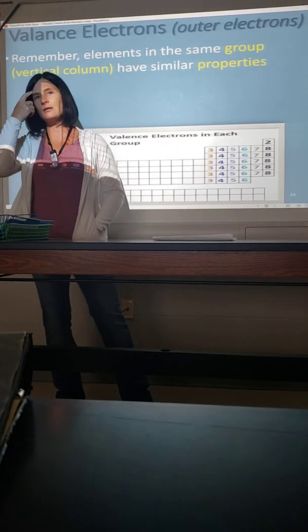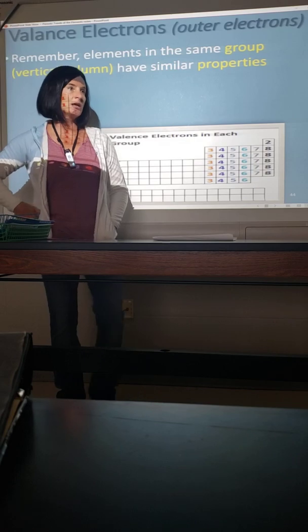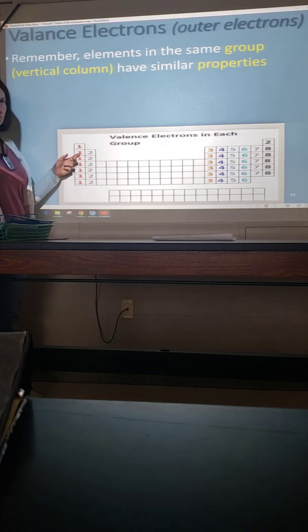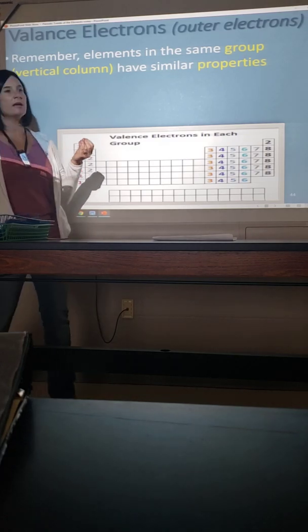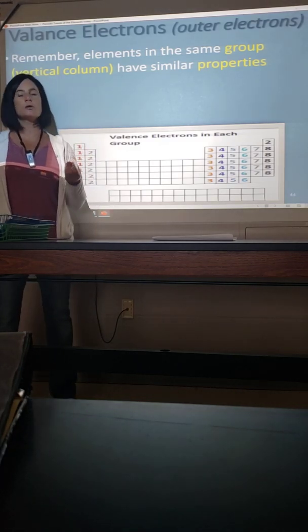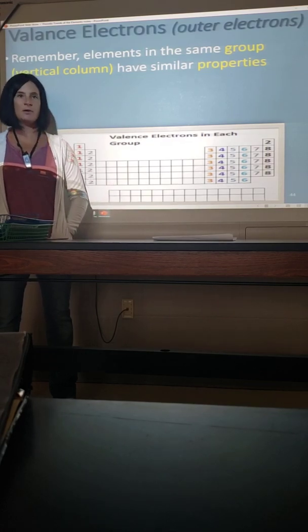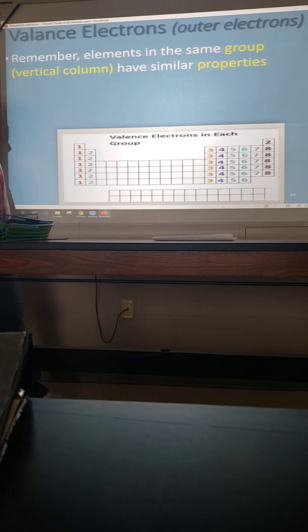That is not the same thing as valence electrons, because there might be one valence electron here, but this one might actually have like 5 electrons total. So from here on out, we're usually going to be talking about those valence electrons, and that's not the same as the total number. The only time that's true is actually with hydrogen. The total number is the number of